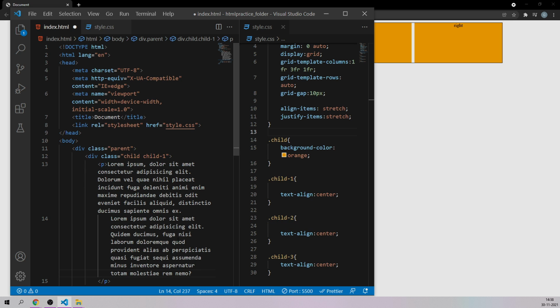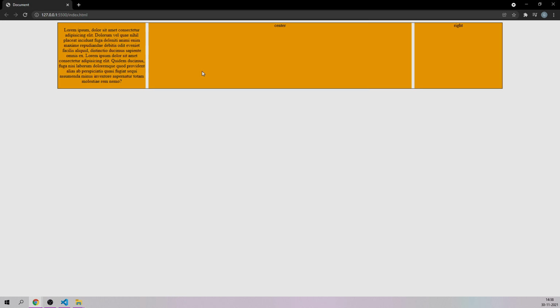I'll type lorem one more time, and I'll save it, and now it is evenly increasing the size of all three child elements, irrespective of the height and width property. Width-wise it is taking correctly, and height-wise also it is taking correctly. The rest of the elements we can make come exactly in the center, and all those things we can match up later on.